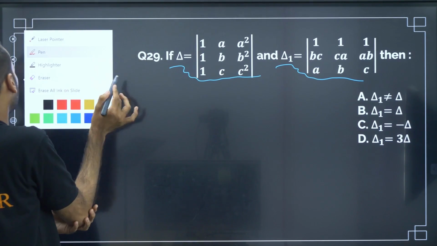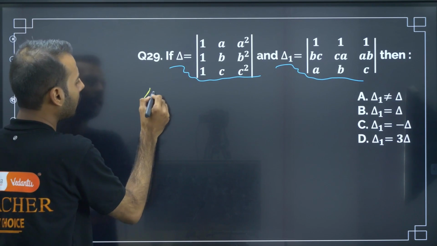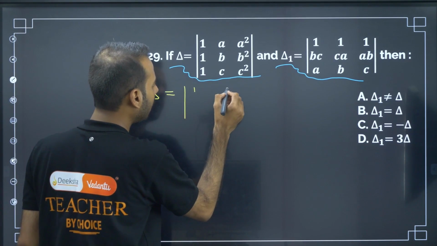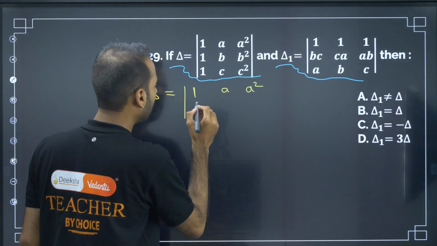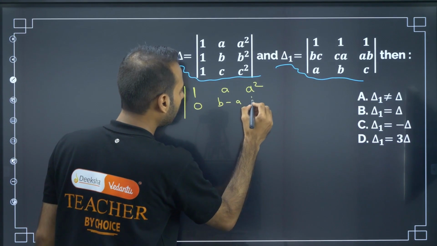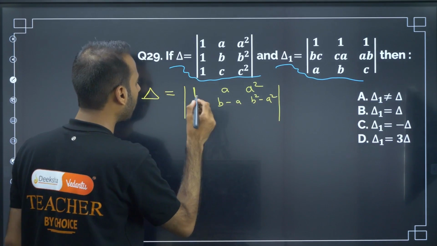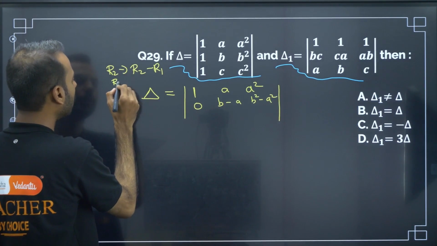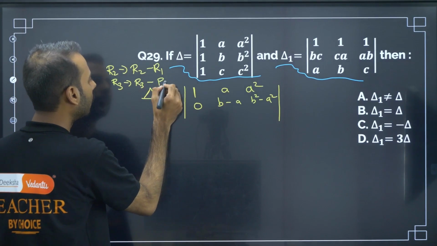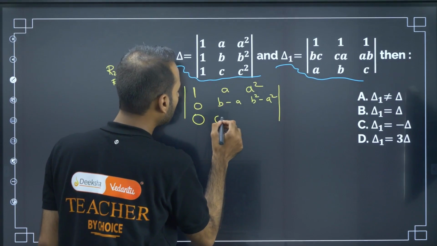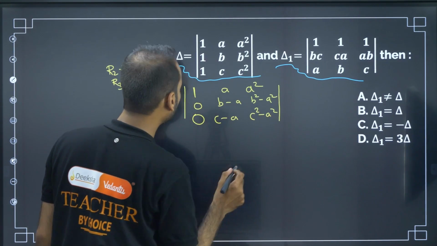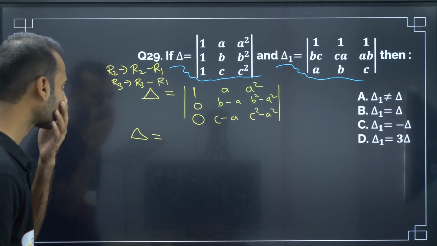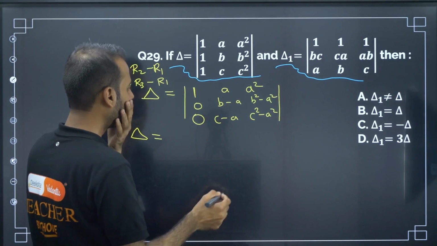How to compare this? So first, for comparing, let us evaluate this. Triangle is equal to the determinant 1, a, a square, 0, b minus a, b square minus a square. See here what I am doing. I will change r2 to r2 minus r1, r3 to r3 minus r1, giving 1 minus 1, 0, c minus a, c square minus a square. So triangle is equal to